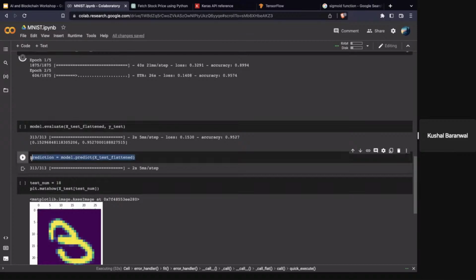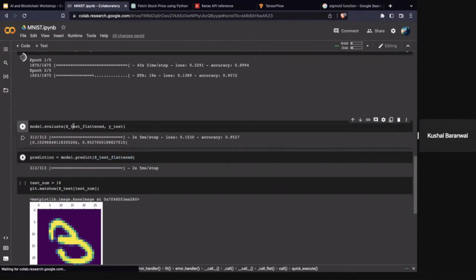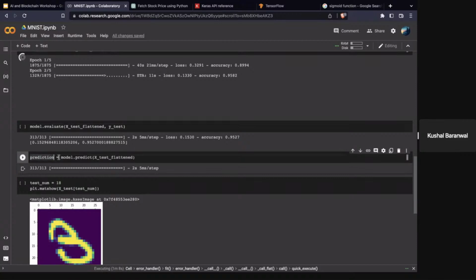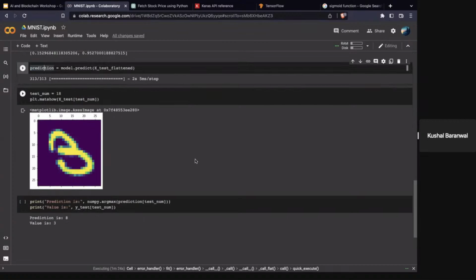And then the prediction is basically, in this case, I'm not entirely sure what the length of X test flattened is, but whatever it is, it's going to give you a nested array with the predictions for all of these. So let's say X test flattened had 10 images that it's never seen before, 1 of a 3, 2 of a 5, whatever. It would give you the predictions for all of this data. And then I'll show you how it actually does.